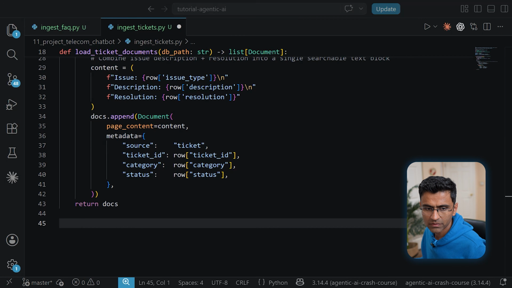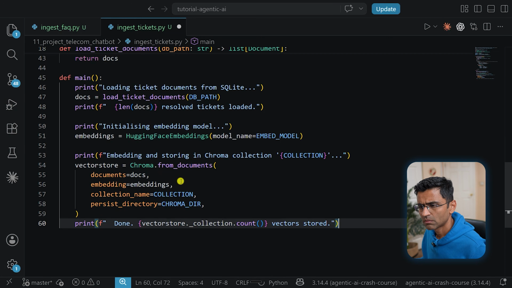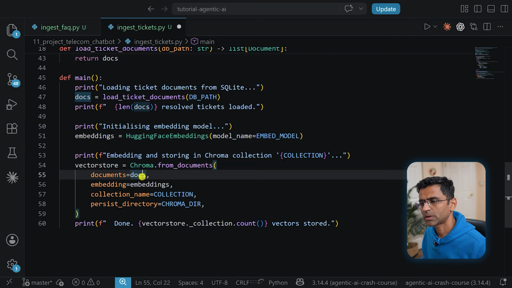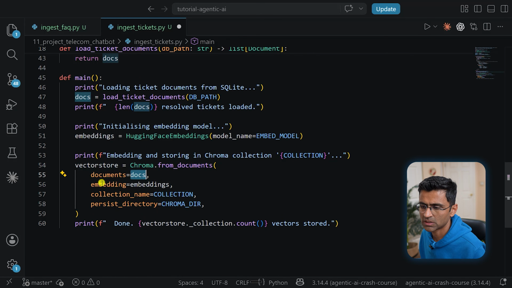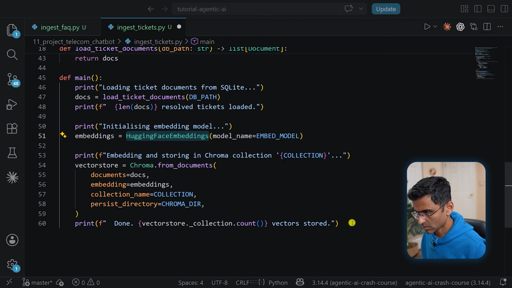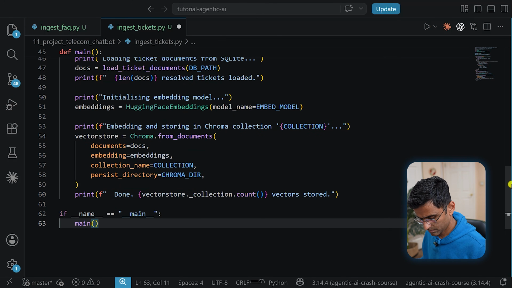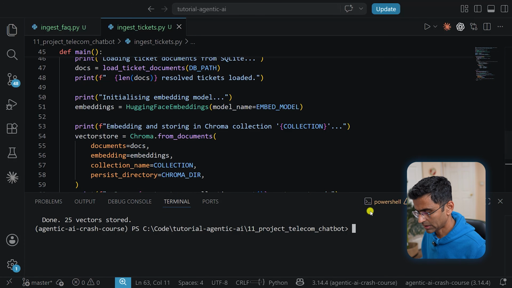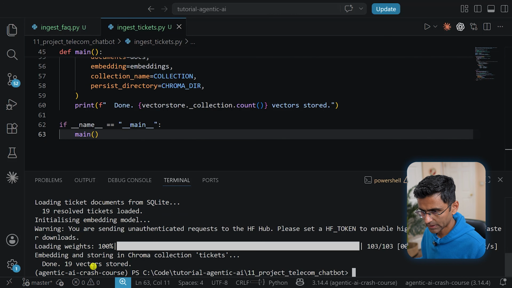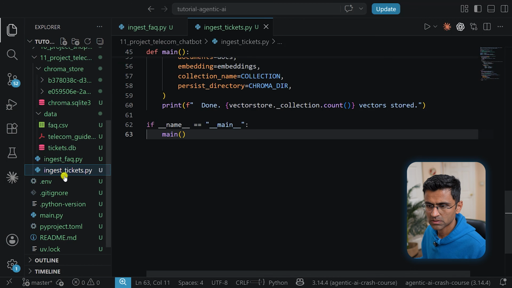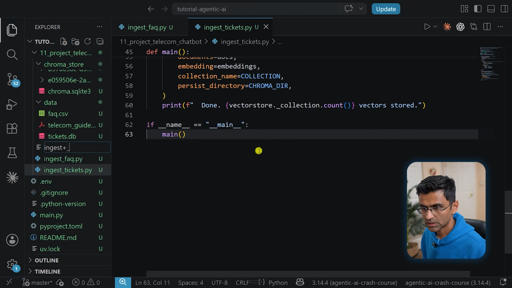And then in the main function, similar to how we did it in FAQ, we'll simply say Chroma.from_documents and insert those documents, and you're passing embeddings here. See, so let's now call this from the main method, and let's run ingest tickets. Perfect. 19 vectors stored. So this ingestion is finished. Now ingest